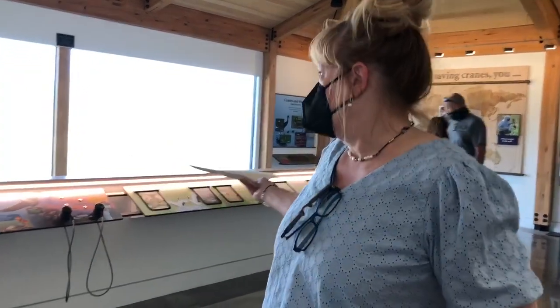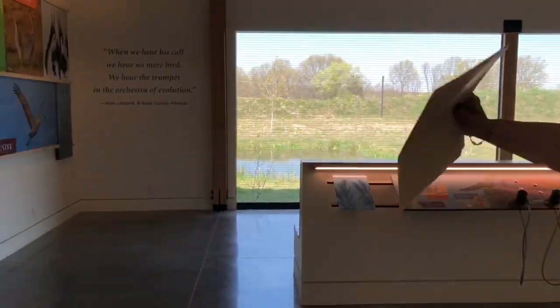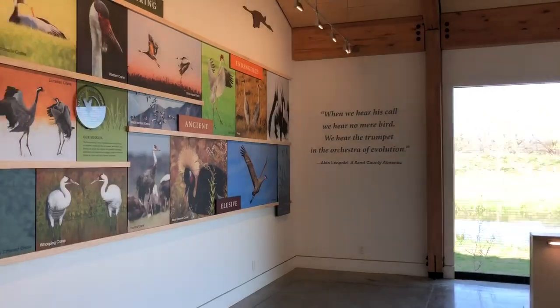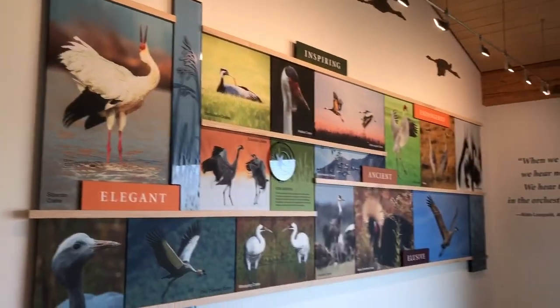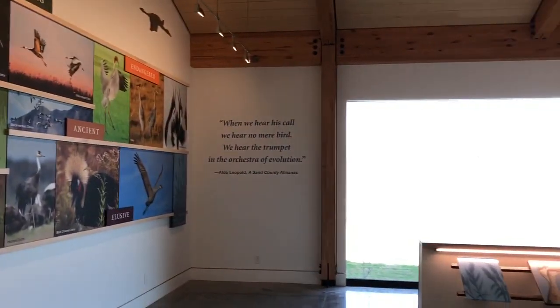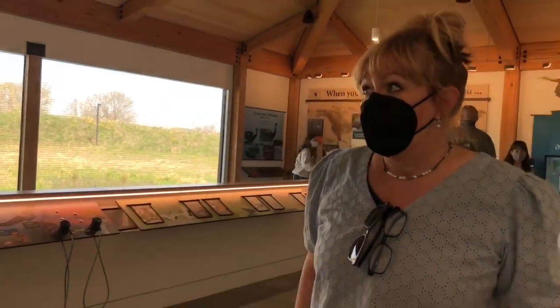George Archibald Welcome Center. This is the first exhibit people will see when they enter. This is the Sandhill Crane exhibit, and on the wall to the left, we have depictions and photos of all the cranes of the world, all 15 species of cranes. We wanted to start with the Sandhill cranes because most people in North America are familiar with Sandhill cranes, and